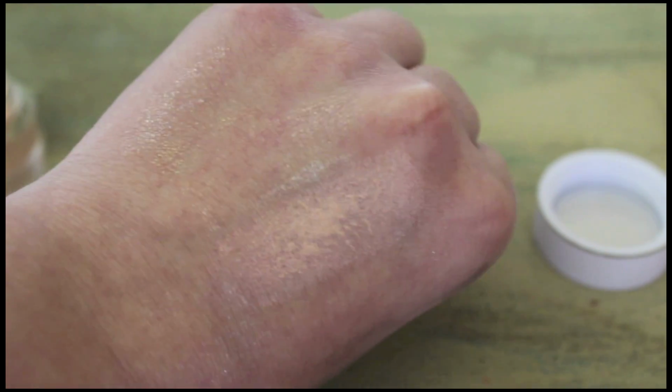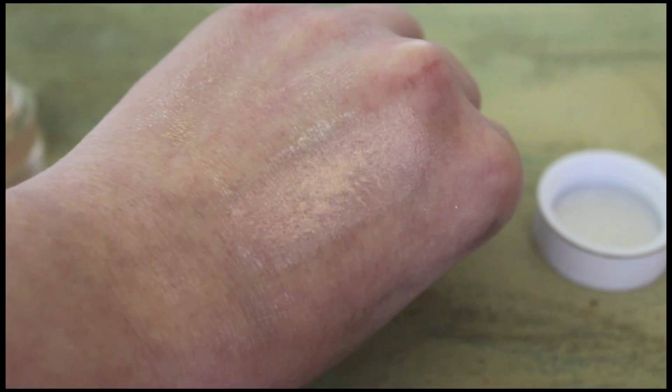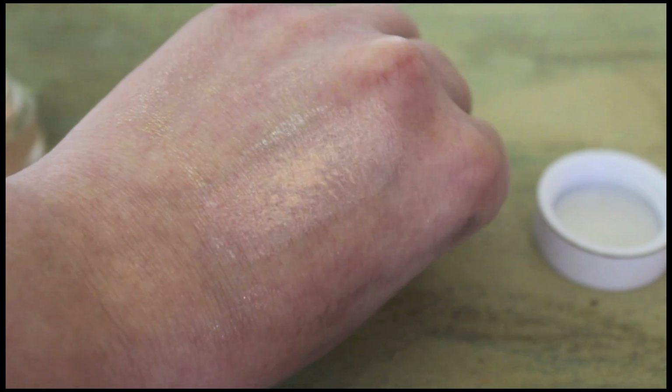The color payoff on my finger looks like this, and on the hand it looks like this. These lighter ones are really nice as inner corner highlights and all over lid bases. If you're going to do a light look, I wouldn't just use these on my lid alone because they are so light and a little bit sheer. Next one